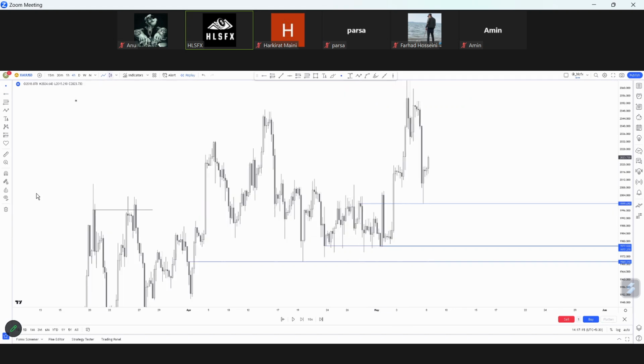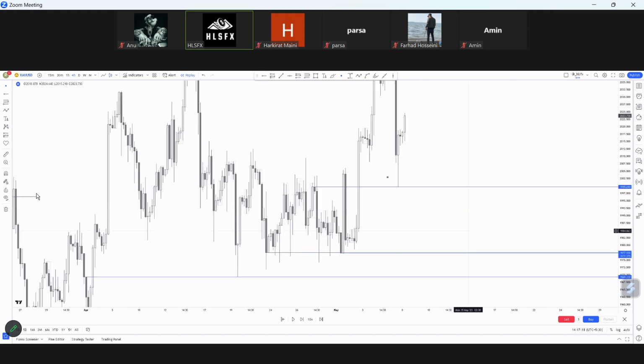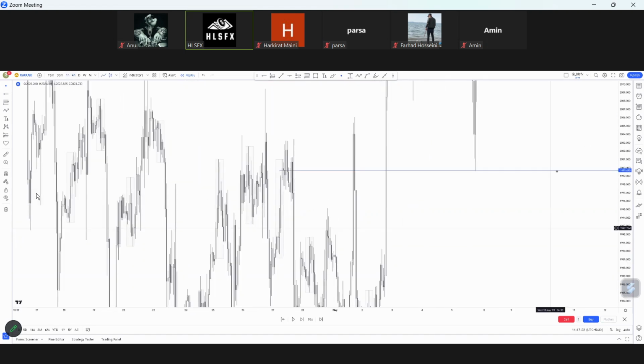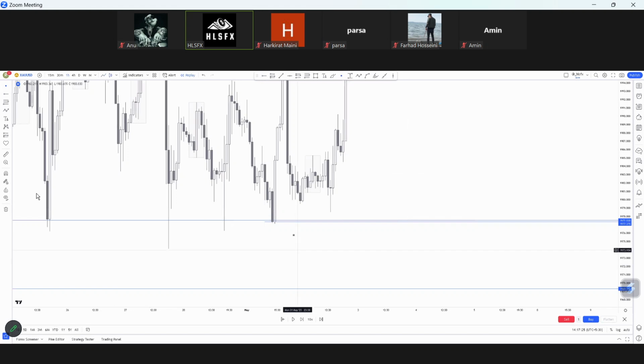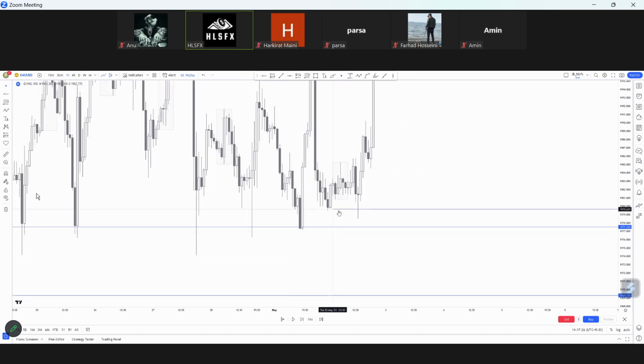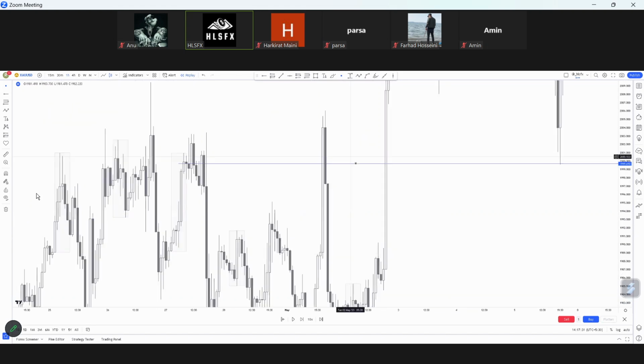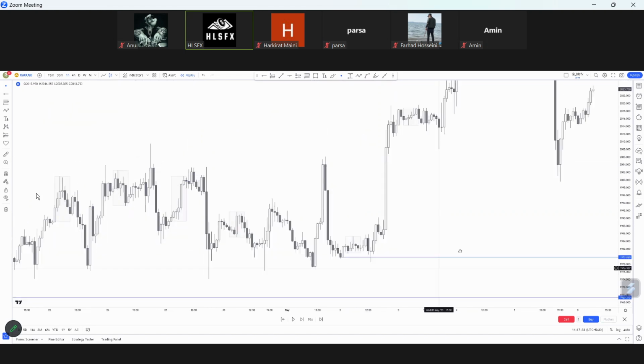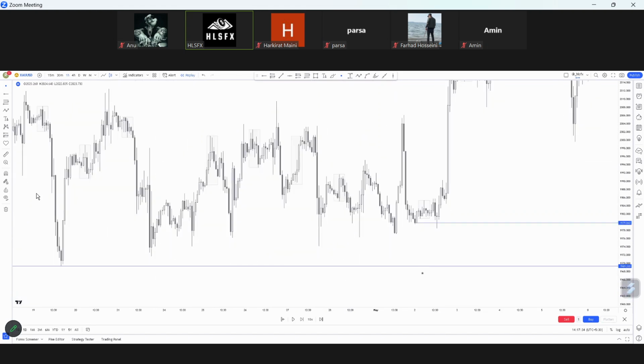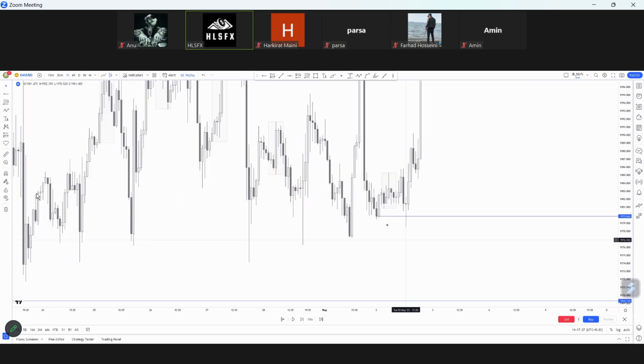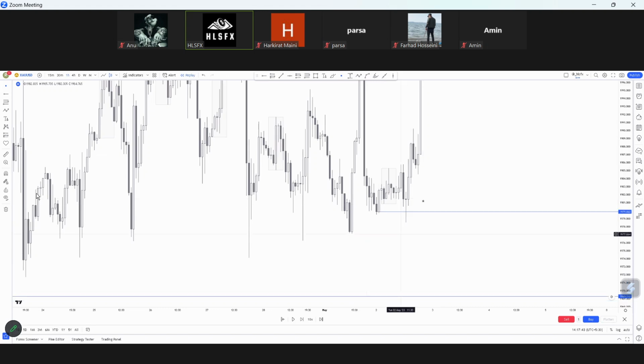So now, how do we refine it? One time frame below. Go to the 1 hour time frame now. I will refine it to this support level. Now, don't worry about what I'm telling now, just concentrate on the support and resistance areas, the SNR levels. Don't worry about the entry. So now I told you